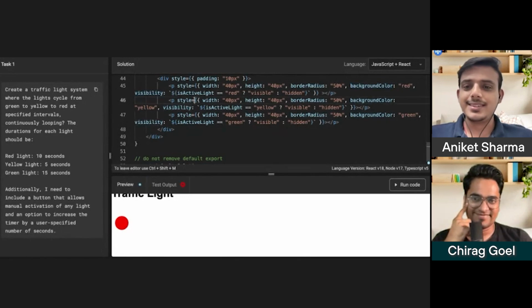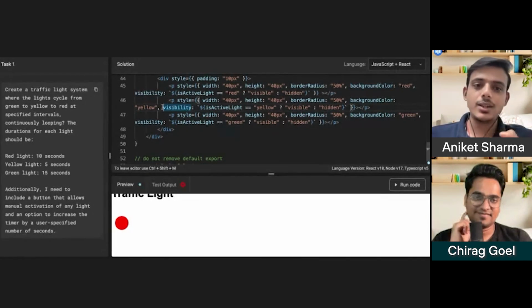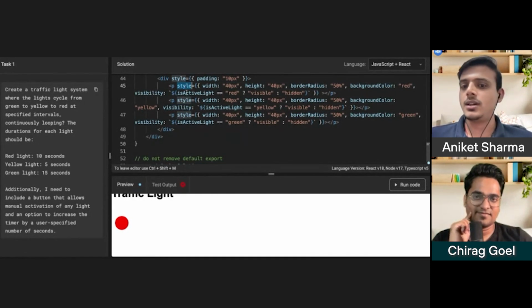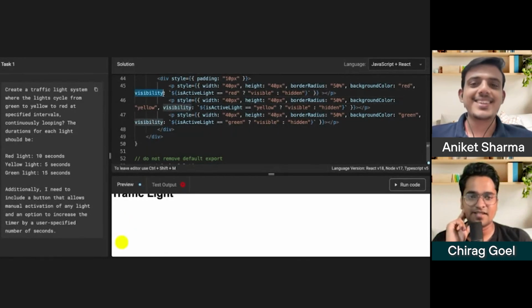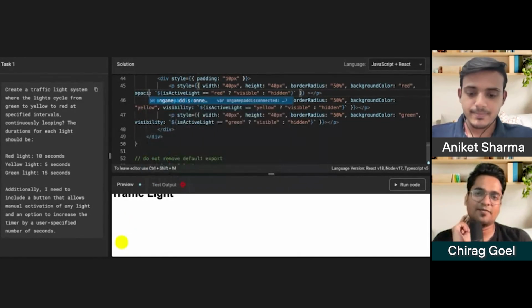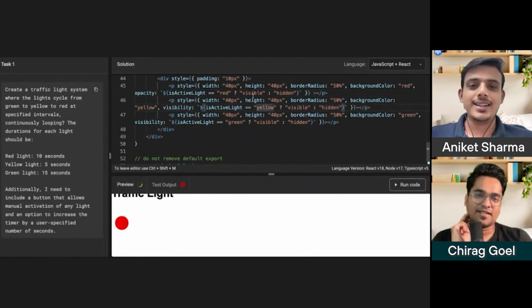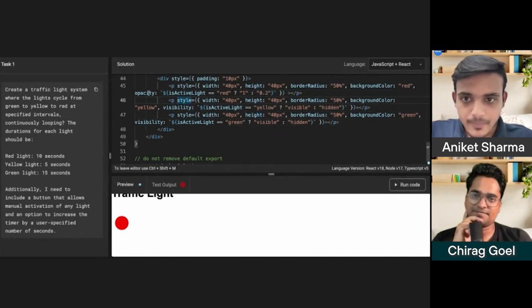Yeah, I was thinking of that, but opacity will hide the whole paragraph itself. It won't show the border as well, right? Just give it a shot. Play with 0.5 opacity and make it 1 when it is active. Okay, got it. So by default it would be one, and we can decrease it. So it would be faint red. Just give it a shot.